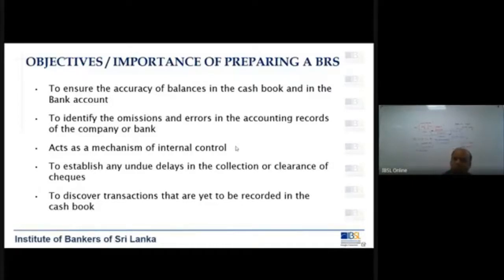So your customers have given you checks. There are a lot of transactions that you have entered into issued checks, but you haven't gone and recorded any transaction in the cash book. That is a mistake. So those have to be identified. That is the objective of doing a bank reconciliation. Bank reconciliation will immediately throw out those. When you do a reconciliation, you will understand.